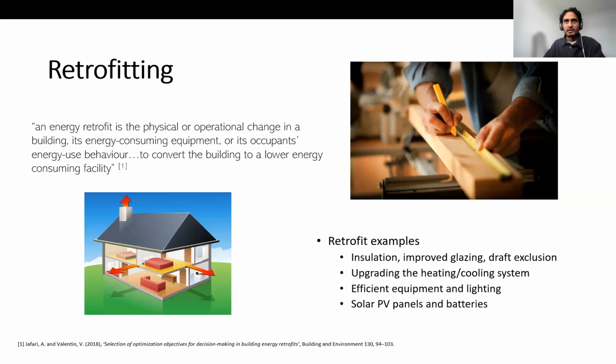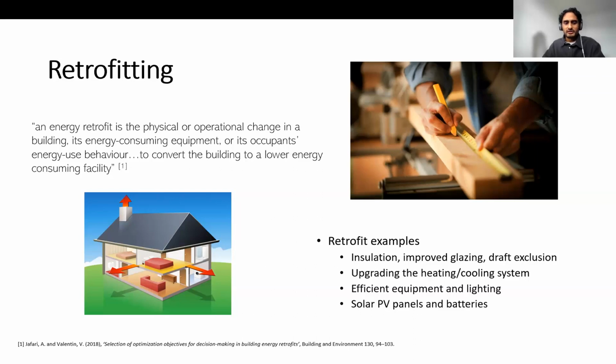And all of these are fabric upgrades, which reduces the sensitivity of the internal condition of the building to the external weather and climate. We can also upgrade the heating and cooling systems to a more efficient model. So heat pumps are a promising technology for heating and cooling buildings, as this allows us to use less energy to achieve the same amount of heat. So we can upgrade these systems too, but we can also improve the equipment and the lighting within a building.